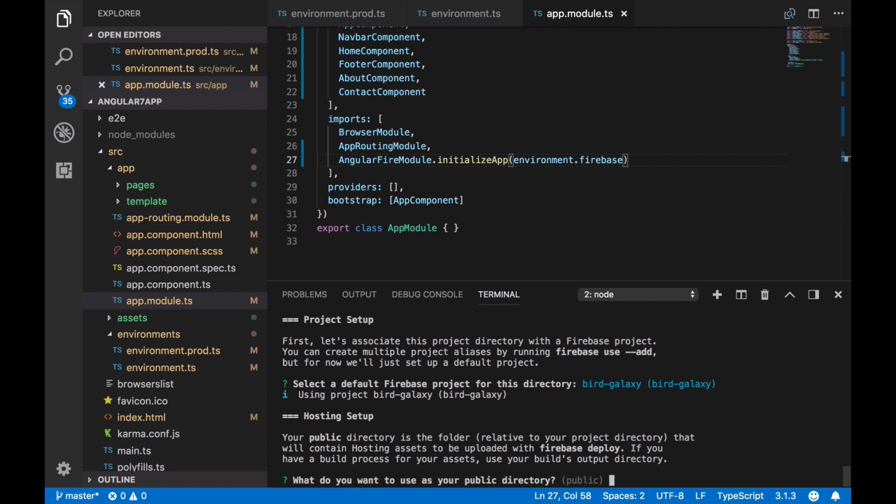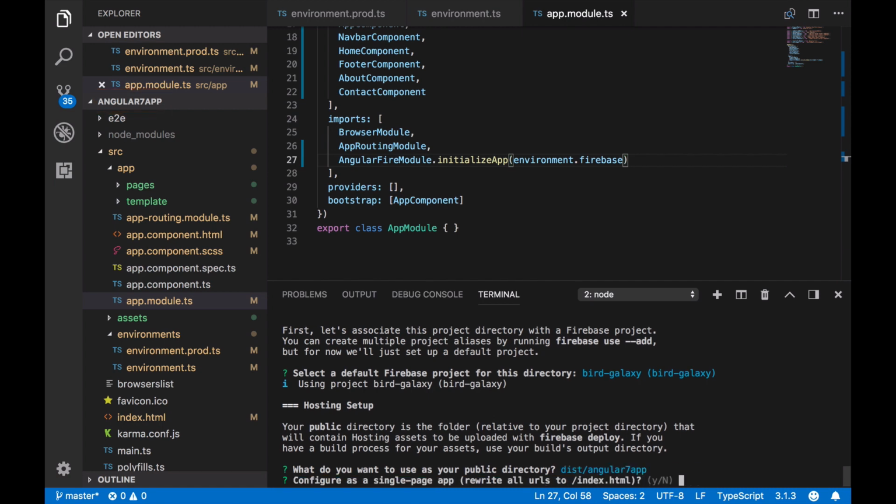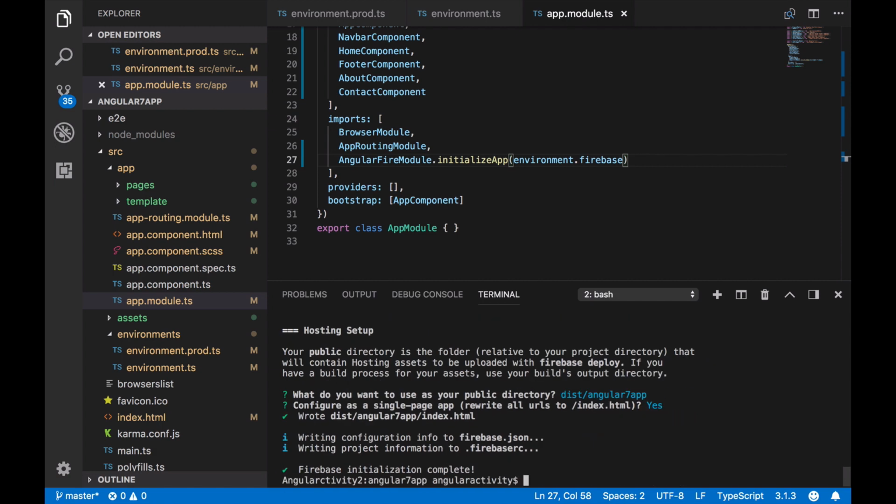In this step, we have to specify the public directory that we are going to use to deploy our application. In our case, it's going to be dist/our project's name. Our project is angular7app, so we just have to specify dist/angular7app. Now you have to say yes to configure as a single page app.